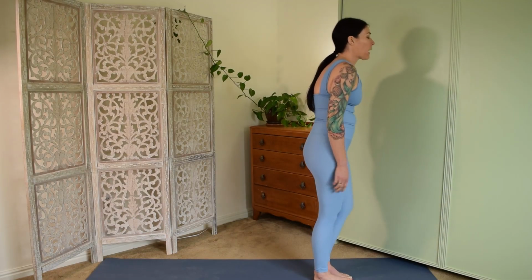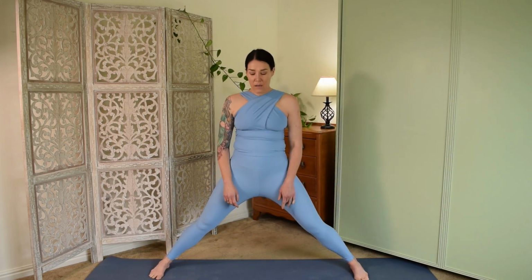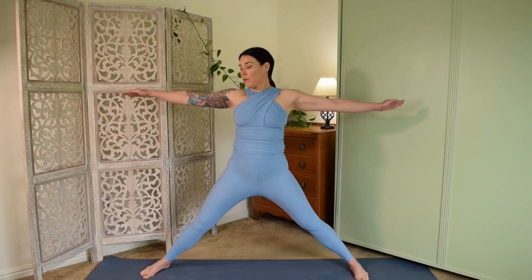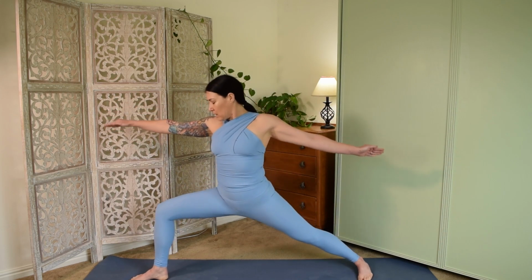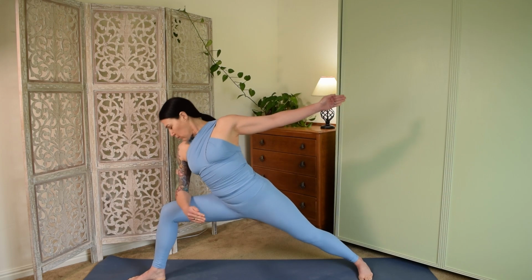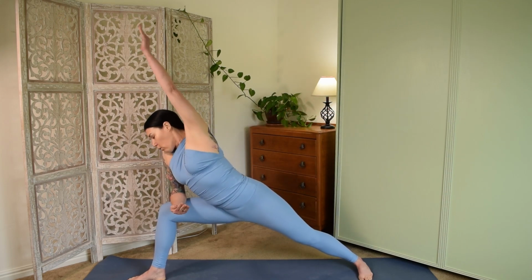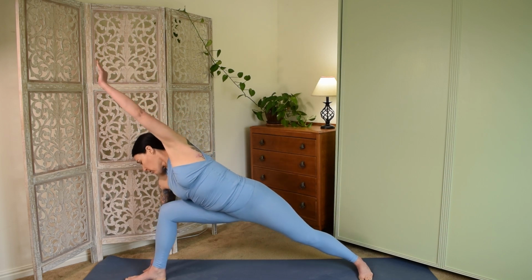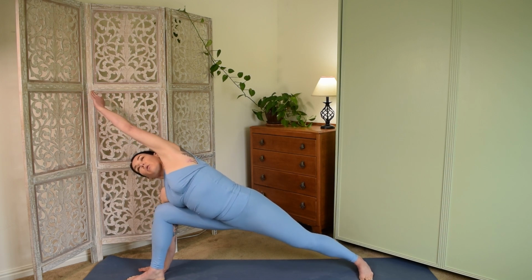Inhaling the right foot back about 5 feet, turning towards the long edge of your mat. Inhale, extend the arms out, turning the right foot towards the back of the mat and bending the right knee to a 90-degree angle. Now you can either come to your right elbow to your right knee, or you can bring your hand all the way to the ground. You could also have your hand on a block,